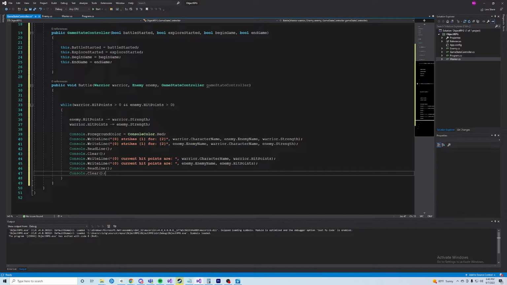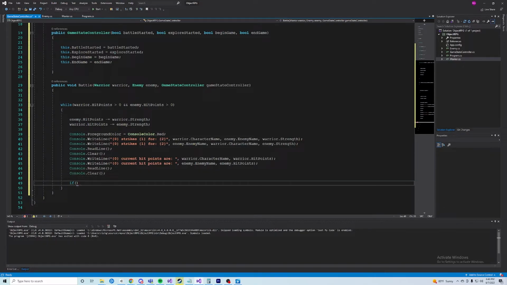So essentially what this will do is run through this loop and subtract the hit points of each, the warrior and the enemy, by the strength. And now we need essentially a check to see if one of them falls below 0. And if they do, we want to run some code. So for example, we can do the warrior dot character name. All right, oops, sorry, it's actually his hit points. We want to do a check on the hit points, right? So if the warrior's hit points are less than or equal to 0, then